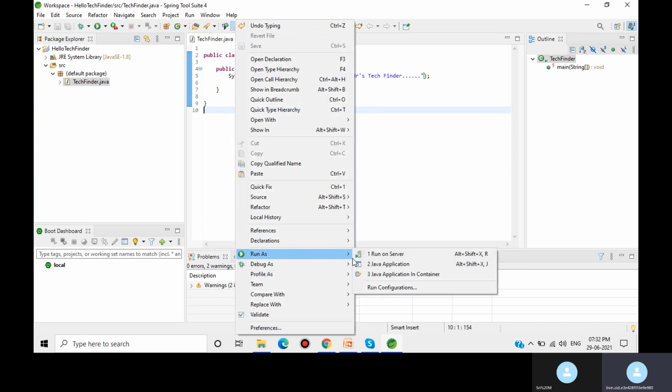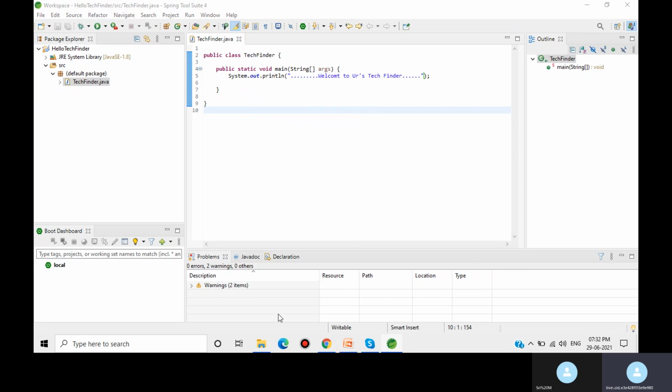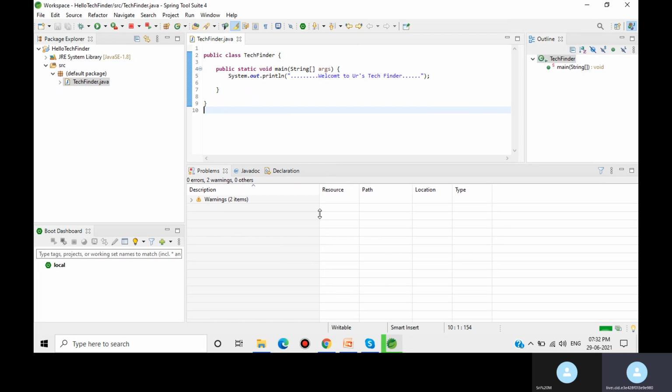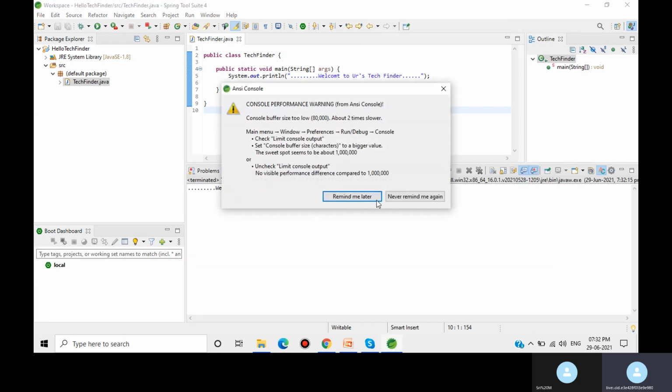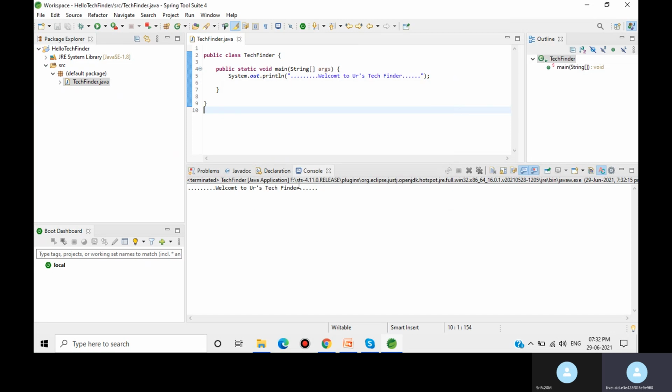Go to run as Java application. See here, the output got printed in the console. Thank you guys.